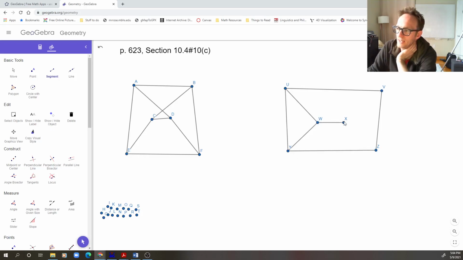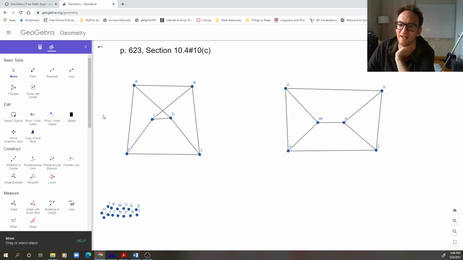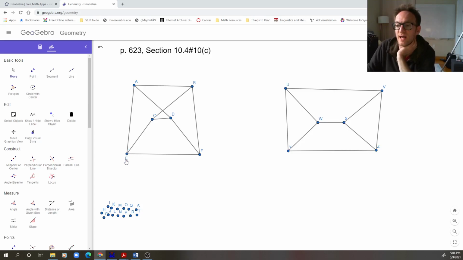Maybe this wasn't a good use of time, because perhaps it's obvious to you that these graphs are isomorphic, or perhaps it's obvious to you that they're not. I actually don't even know the answer. By the way, anytime you want to drag things around, you gotta click on move. All right, I'm gonna end this video really fast. So,